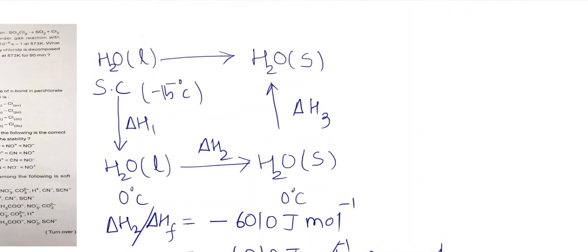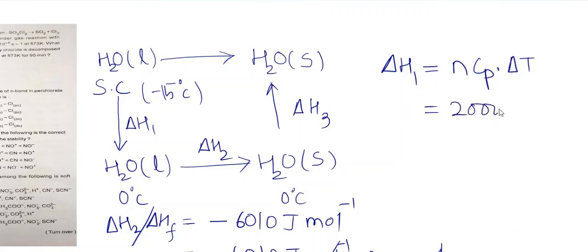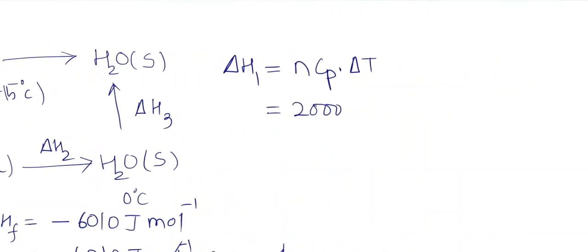So next move to del H1. The formula is n Cp into del T, where n is 2000 mole. I will make some space for that. And Cp for this...